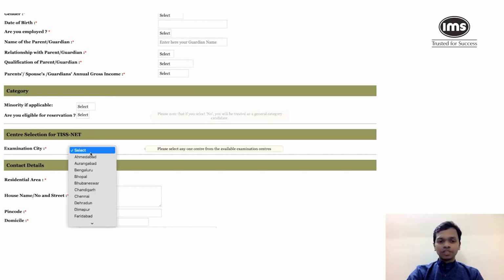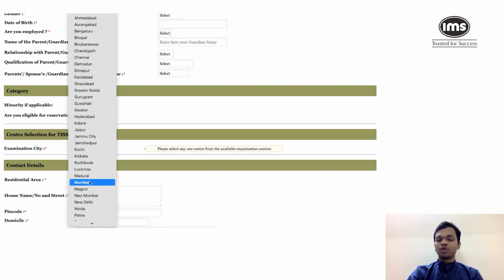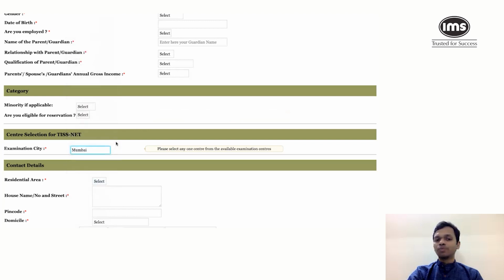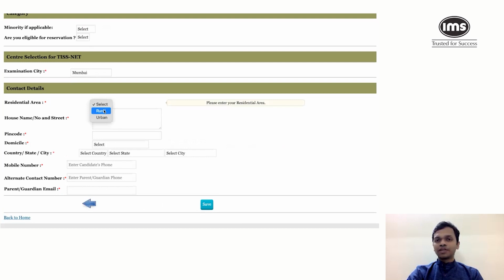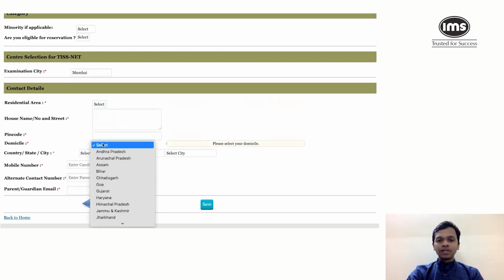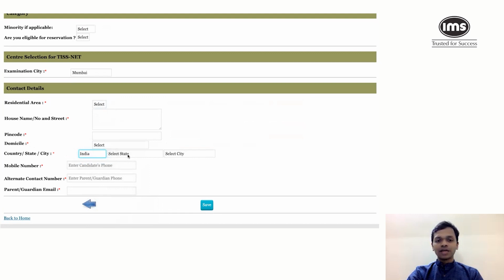In terms of examination city, there are several preferences that are given, but you can enter only one of them. For example, I can select only Mumbai if I want to. Now, residential area, you have to first select whether it is rural or urban. And after this, your address needs to be mentioned. Please enter your postal address for communication, and the PIN code. Domicile is something that you'll have to enter after that. For domicile, the state needs to be selected, and then country, state, city is another option that you need to select. So here I'll select country as India, then it shows me the states, and I can select the